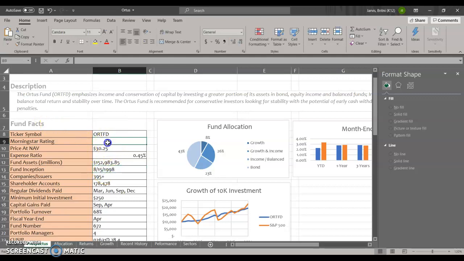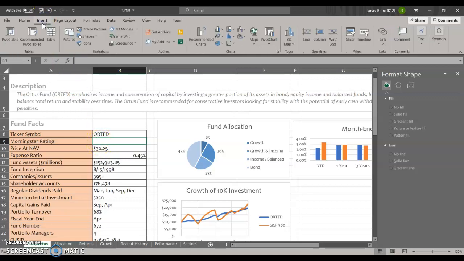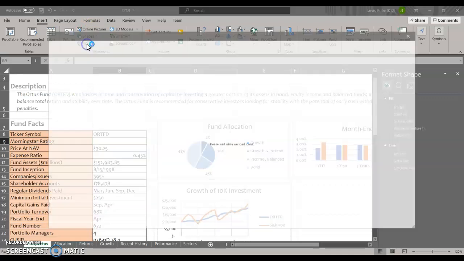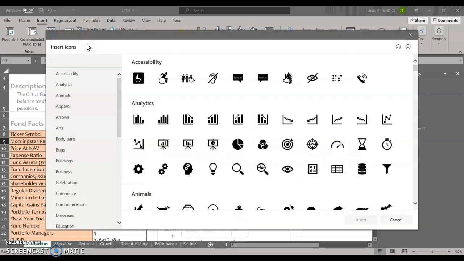And I may have to click off and then click back on to get the cursor outside of B9. I don't want my cursor in B9. I just want B9 to be selected. So I click on B9 and then the icons are on the Insert tab. So if you go to Insert, there's a command for icons. And the book tells us to look in the cell